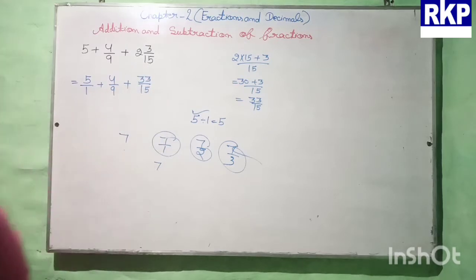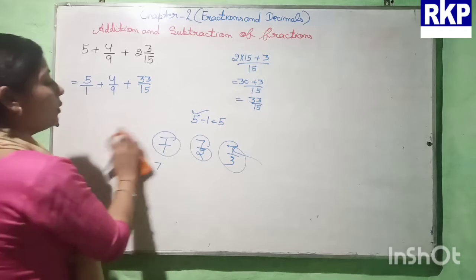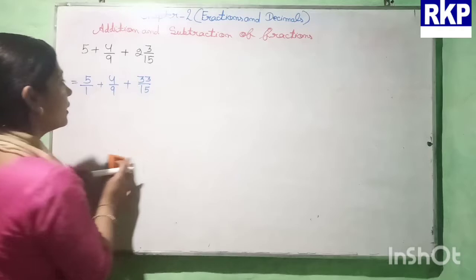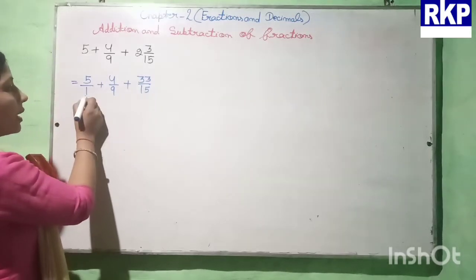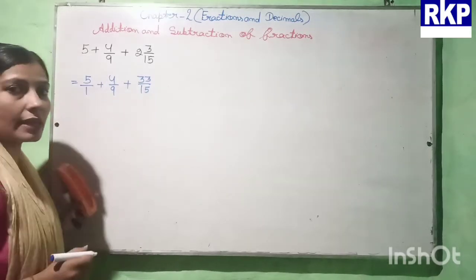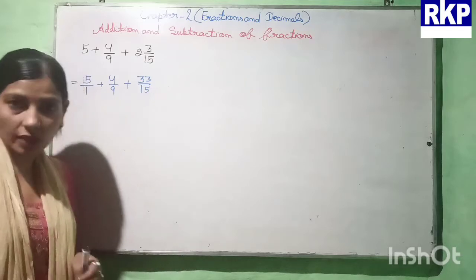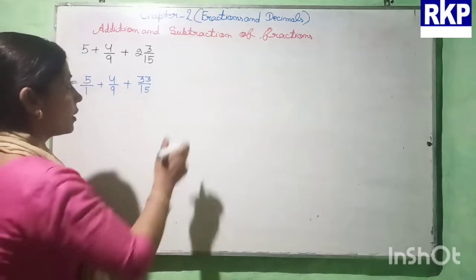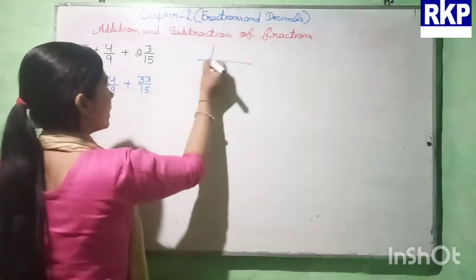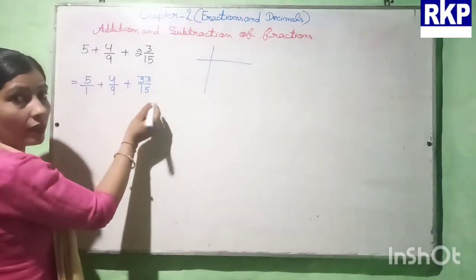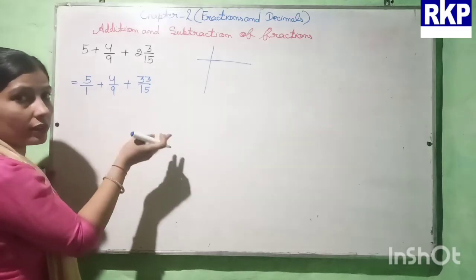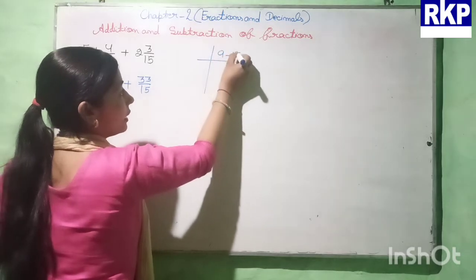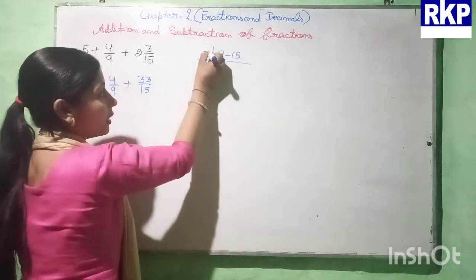Okay, and now we have to add. Here you can see beta, we have 1, 9, 15 as denominators. The denominators are not the same, so here also we need to find the LCM. We will find the LCM of 1, 9 and 15, but if we do not write 1, our answer will be the same. So we can write only 9 and 15. Now let us find the LCM.